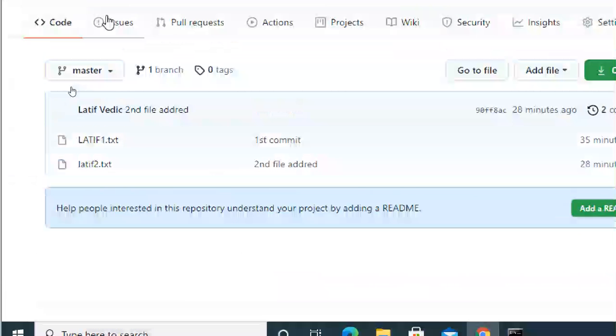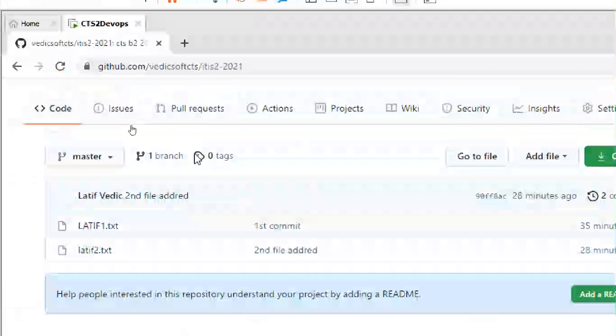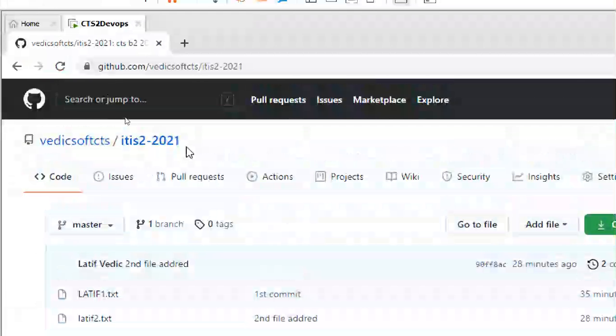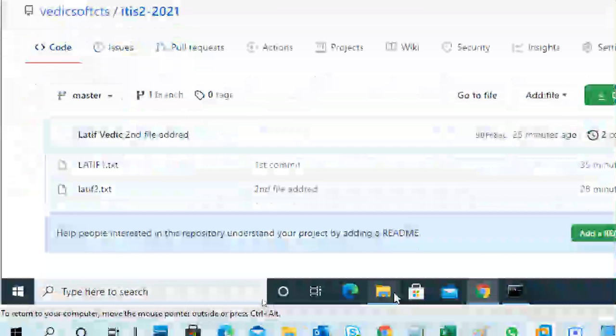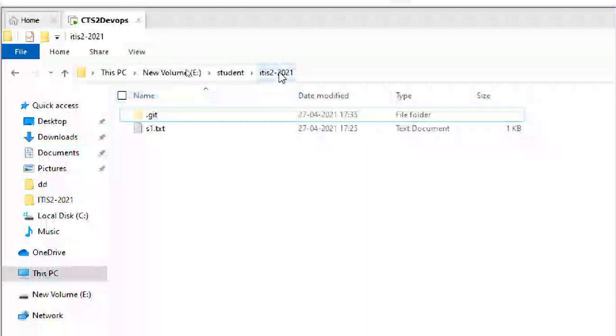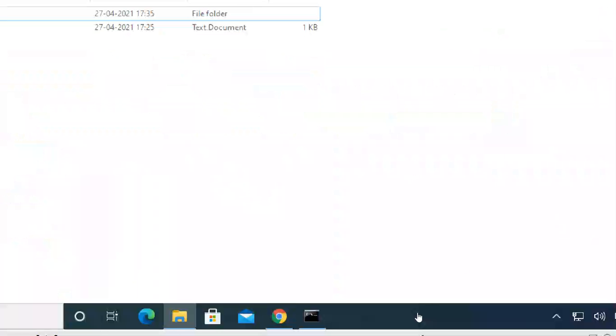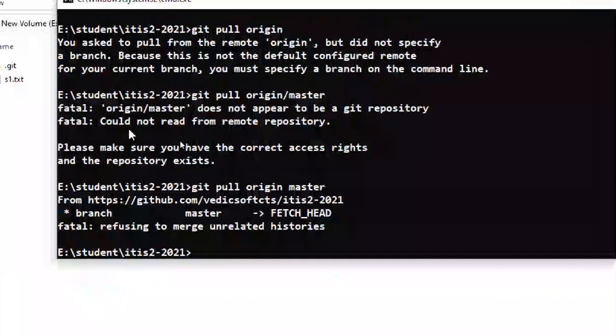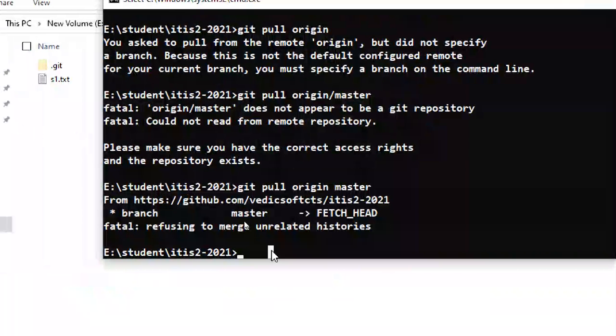Maybe, what is the folder name? Same thing only, ITS2 hyphen 2021. So finally it is not pulling anything, not cloning anything and not pulling anything. So actually it will pull.